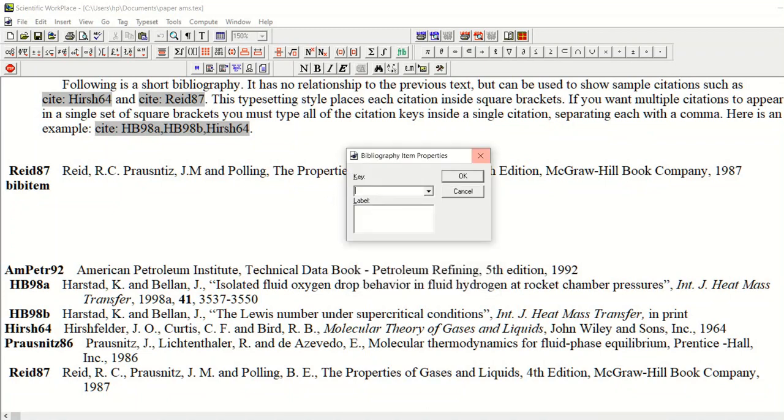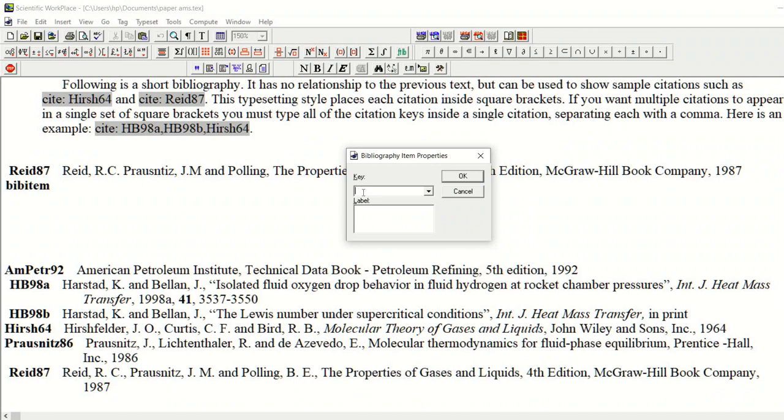For example, I am going to cite this reference, isolated fluid oxygen drop behavior in fluid hydrogen at rocket chamber pressures, International Journal of Heat and Mass Transfer, 1998, volume number 41, and the page numbers are 3537 to 3550.